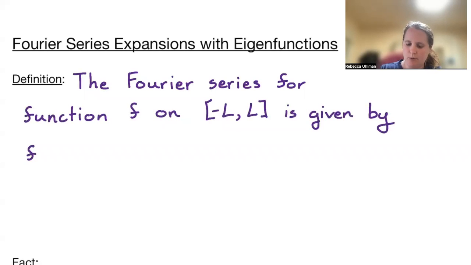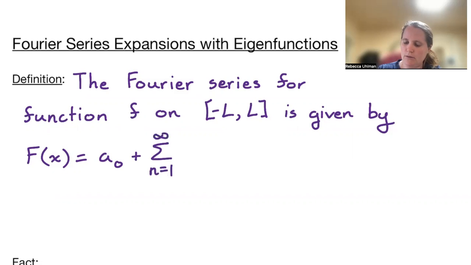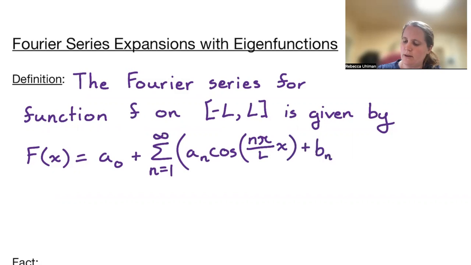I'm going to actually use a capital F here. Capital F of x is equal to a naught plus the sum from n equals 1 to infinity of a sub n times cosine of n pi over L x plus b sub n times sine of n pi over L x,